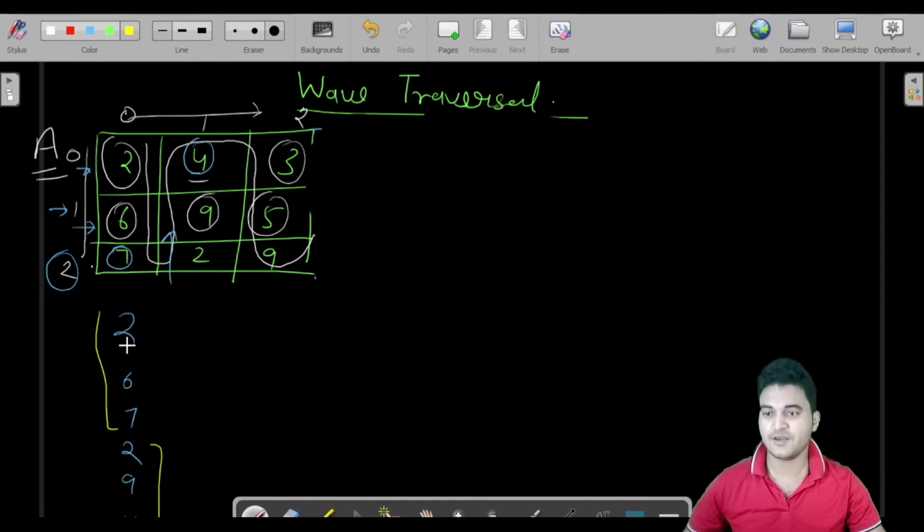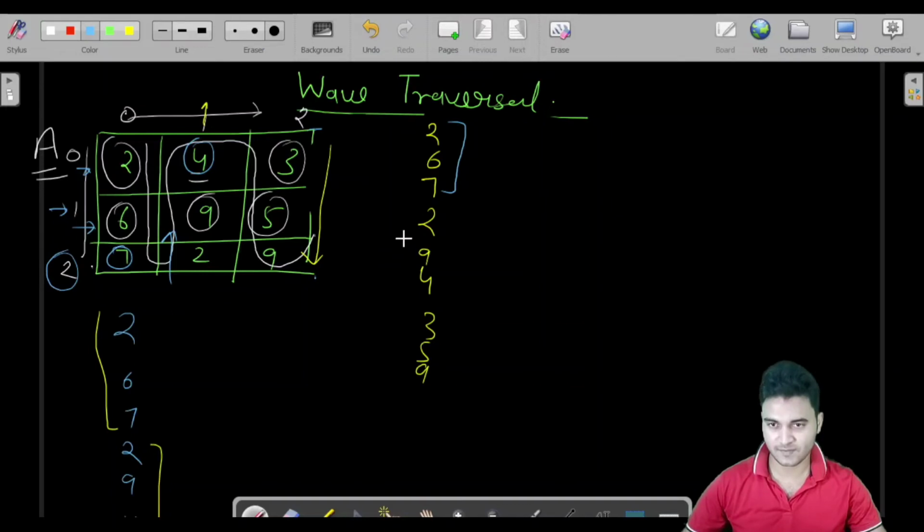So for that, what I have to do, let us see for this chunk and this chunk. For this, the column is 0, and for this the column is 1. Let us see here, if it is confusing to you, we have to print 267 and 294 and 359. We have to print this in this order. So let us analyze chunk wise.